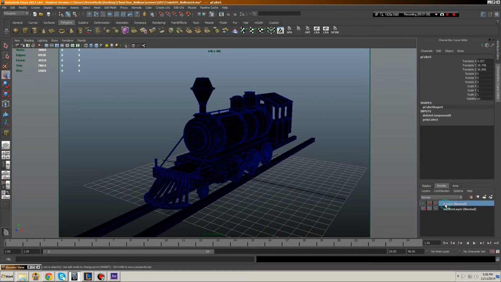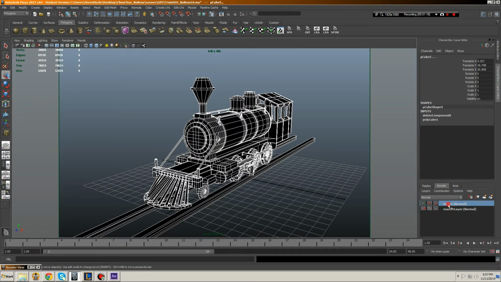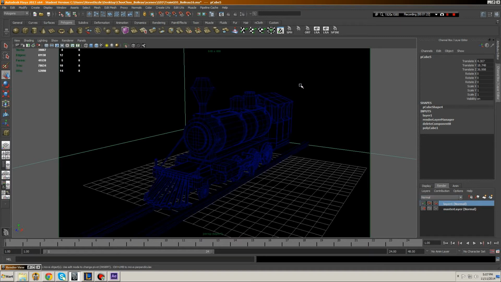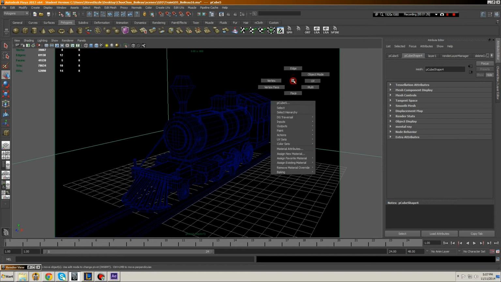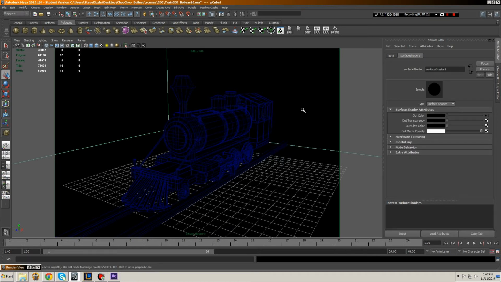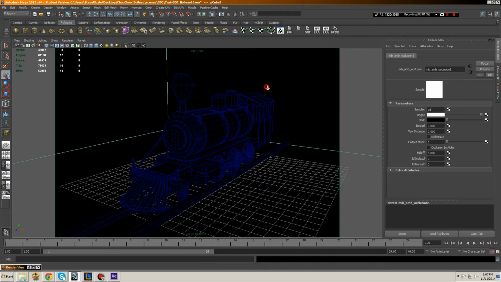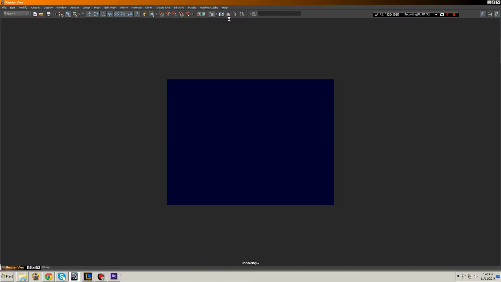One other thing is that when I click on layer 1, you see that my backdrop disappears. All I have to do is go to Edit, Select All again, then click layer 1, right click it, Add Selected Objects, and all my stuff is back in that layer. I'm also going to hold down right click, go into material attributes, and put this back down to 16, so I'm not sitting here forever for test renders. Alright, so now if I were to render this,